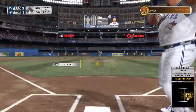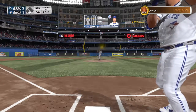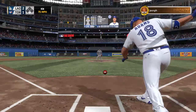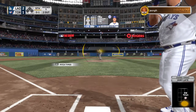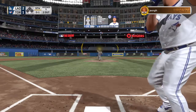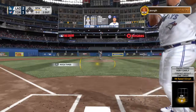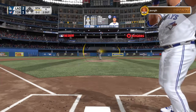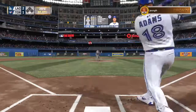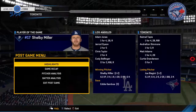Here's Matt Adams now. He's working on a 1 for 3 thus far. He's ready. Here's the first offering. A swing and a knuckleball making him look bad. Here's the 0-1 pitch. And he turns on this one and yanks it foul and back out of play. Has them down to their final strike. Here it comes. Swing and a miss. He struck him out, and that'll do it here as the ball